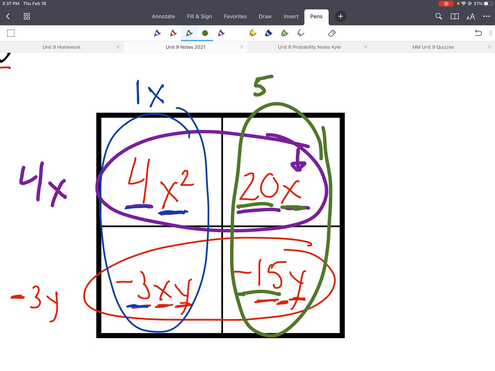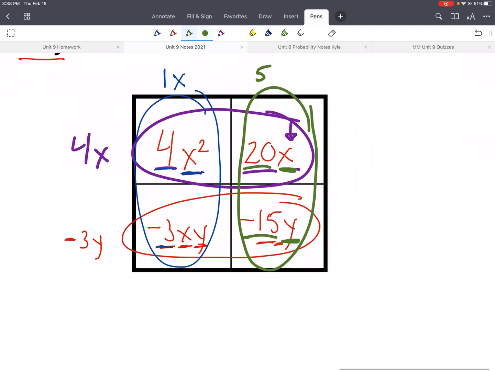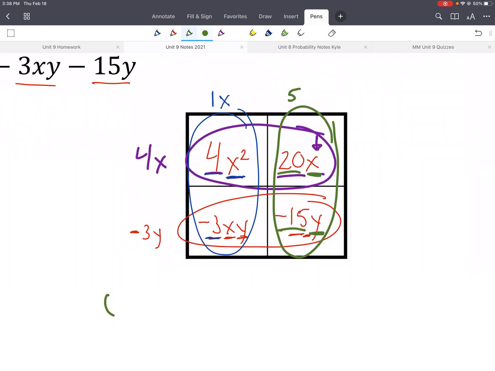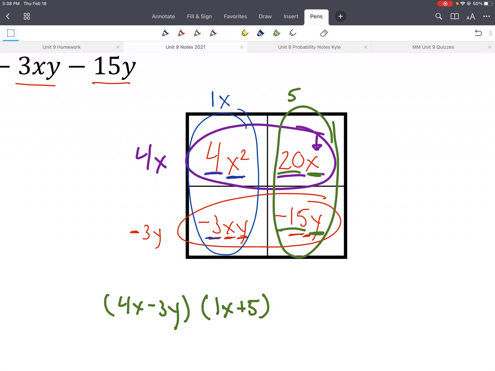And we can't take out an x because there's not an x in the second example. And we can't take out a y because there's no y in the top term. Okay? So now we have our two parentheses. One is what's on the side, so 4x minus 3y. And in our other parenthesis, we have 1x plus 5. So one thing that we should always check when we do these is